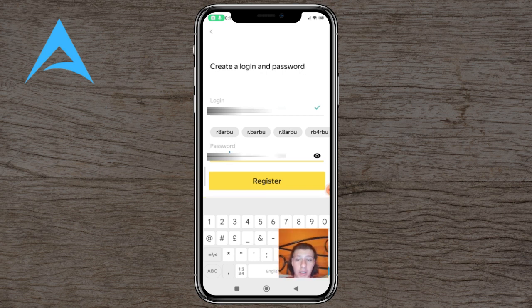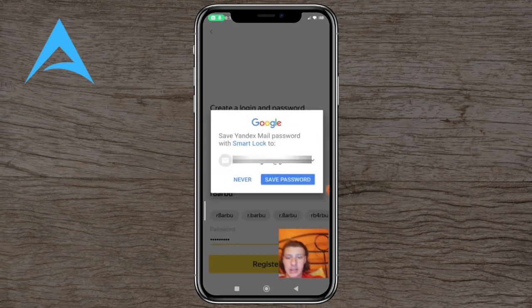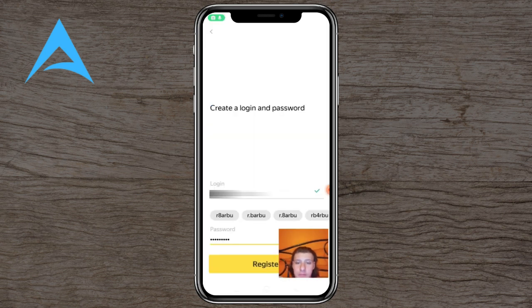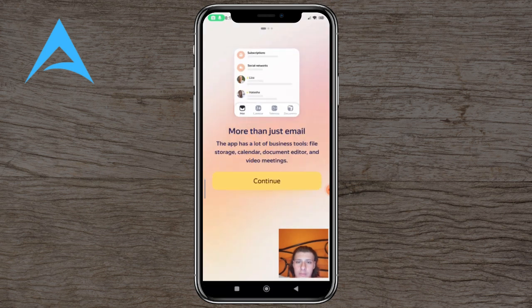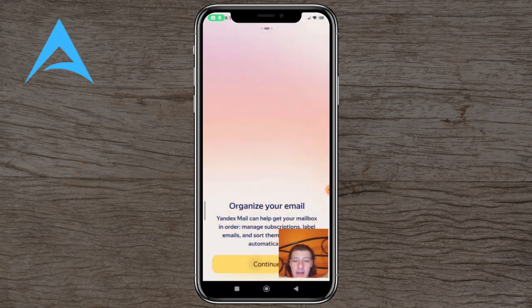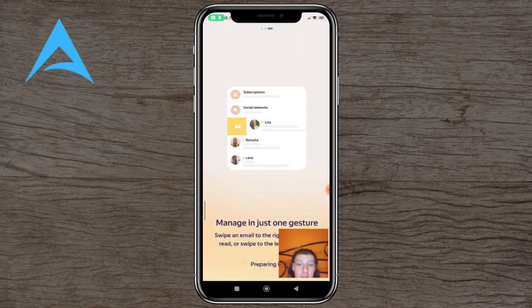So that is your login and that is your password. Press register once more. Never save password. And here is the interface for Yandex Mail. It's going to prepare your mails, prepare your inboxes, and so on and so forth. And that is a very easy way and a step to create